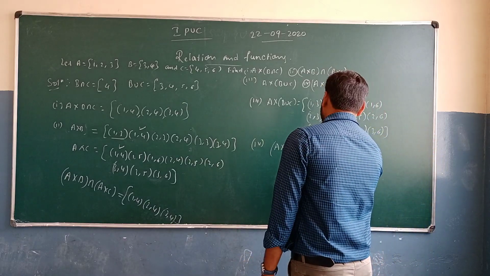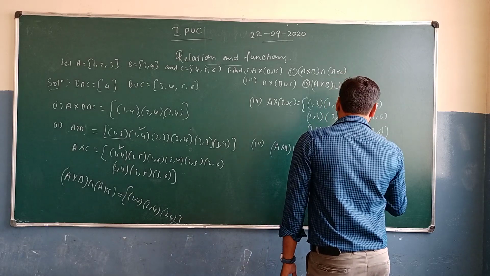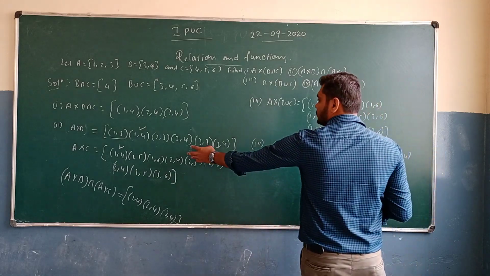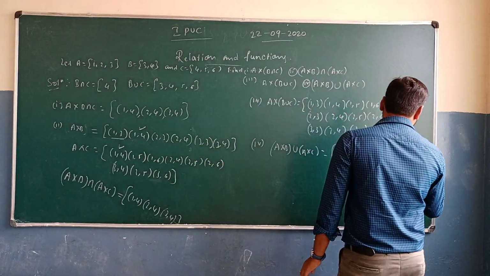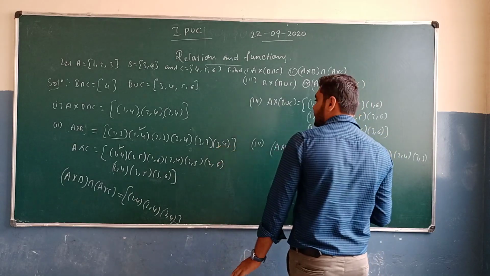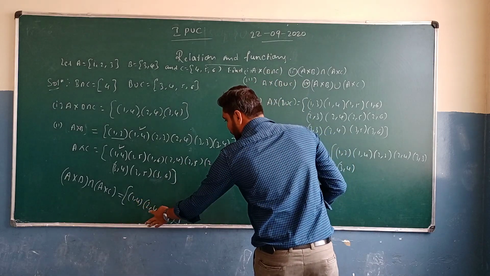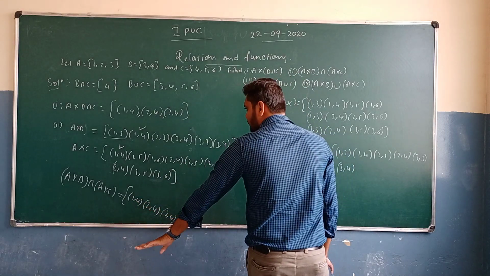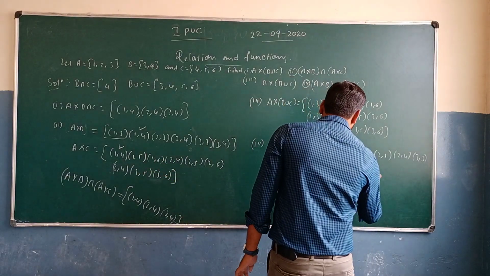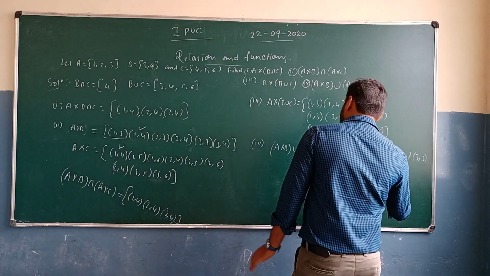That's going to be 1 comma 3, 1 comma 4, 2 comma 3. Then 2 comma 4, 3 comma 3, then 3 comma 4. Again, we are removing the common elements, means 1 comma 4 remove ಮಾಡ್ತಾ ಇದೀವಿ, 2 comma 4 ನ remove ಮಾಡ್ತಾ ಇದೀವಿ, 3 comma 4 ನ remove ಮಾಡ್ತಾ ಇದೀವಿ. ಅಂದ್ರೆ ಅದನ್ನ ಬಿಟ್ಟು ರಿಮೈನಿಂಗ್ ಏನಿದೆ, so 1 comma 5 ಇದೆ, next 1 comma 6. What about next one?